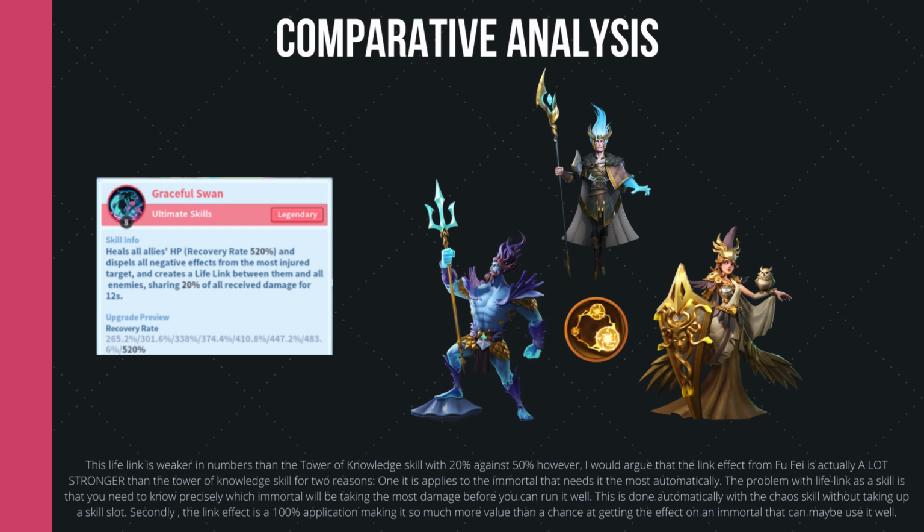I know that this is not a 50% value like it is with the LifeLink Tower of Knowledge skill, but I'll argue that it is actually a lot stronger, because firstly, it solves the problem of applying it automatically to the Immortal that actually needs LifeLink, and where LifeLink would be highly valued. The Immortal that is taking the most damage gains this lifelink, gains this damage reduction taken buff, gains this thorn